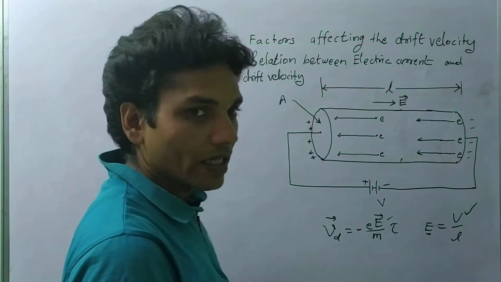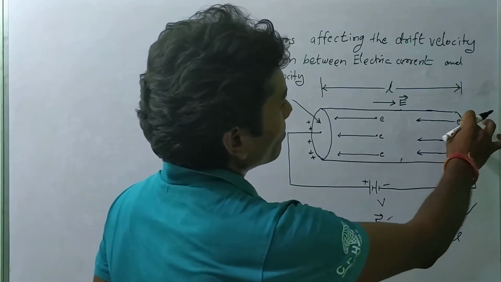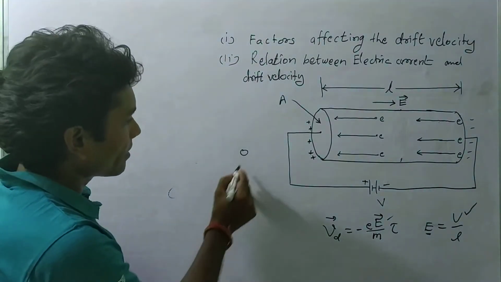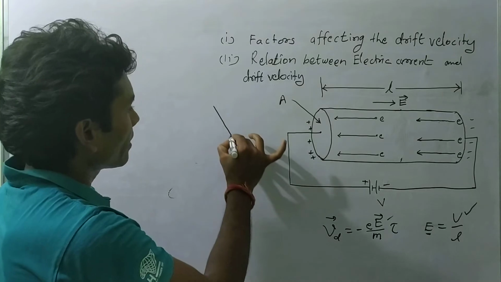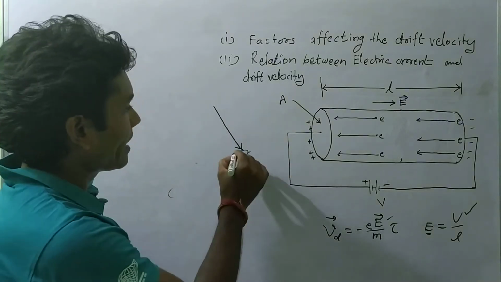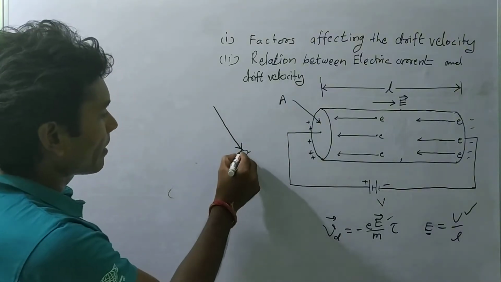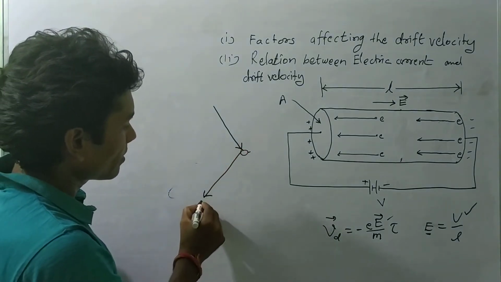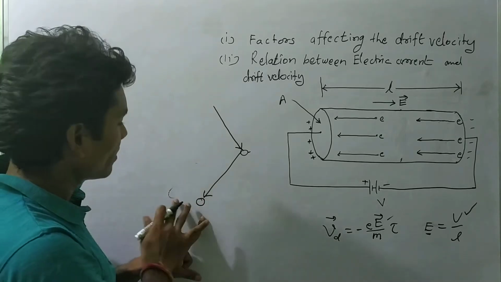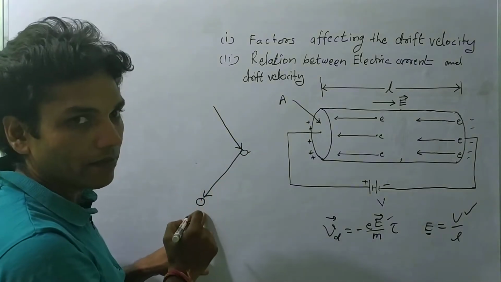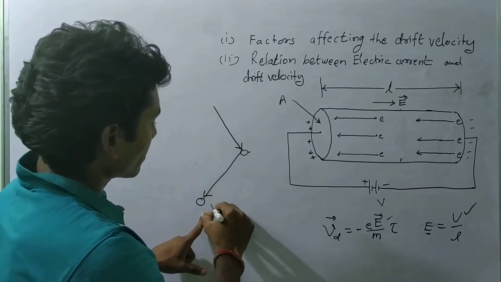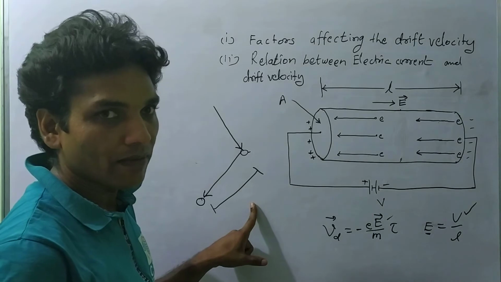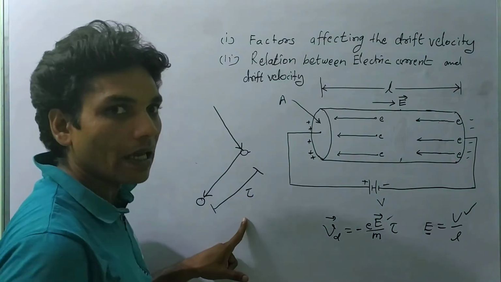You know that when the temperature of the conductor is increased, consider this is an atom, and here an electron collides with this atom. After some time it changes its path and reaches here, where another atom is there, so it will collide with that atom. The time taken to travel this distance is called the relaxation time, and it is equal to tau.